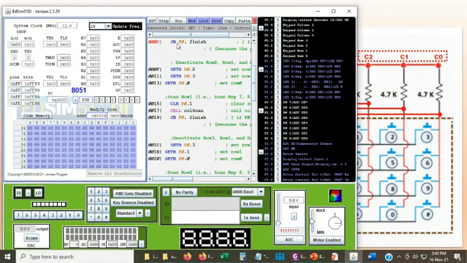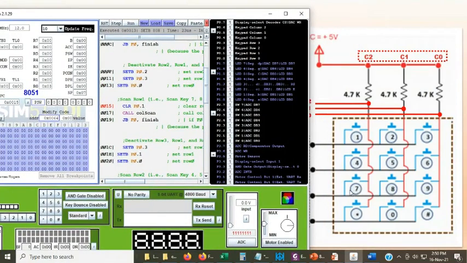Now what you are doing, it is checking, is F0 high? F0 is here. No, F0 is not high, because we didn't get the key. So if it is not high, then go to the next instruction here. Again, set the next bit. Okay, 0.2 is set, 0.3 is set, 0.0 is set. Only 0.1 is cleared. That means I now have the facility to check keys 7, 8, 9, because row 0, row 2 and row 3 are all high.